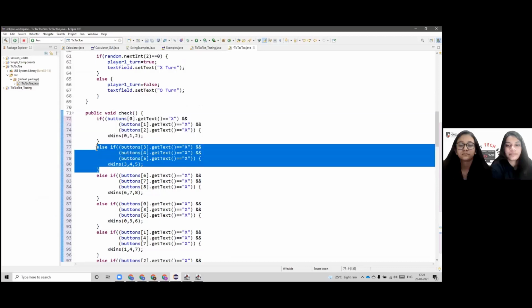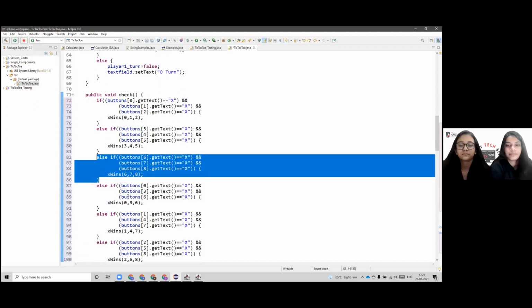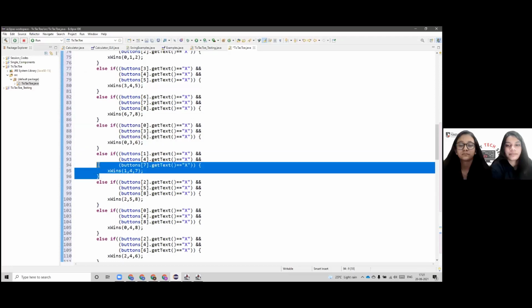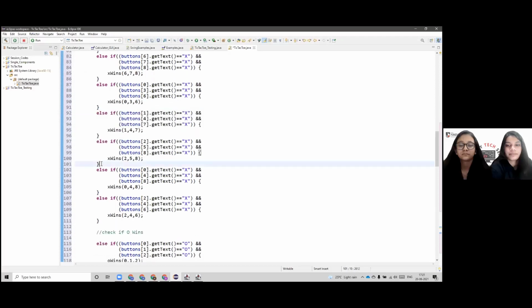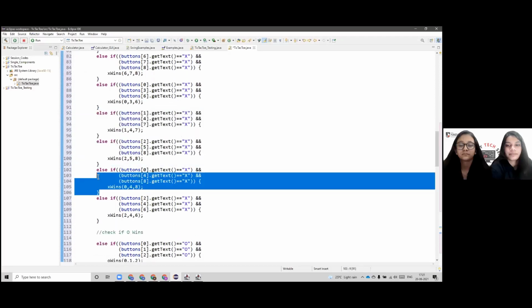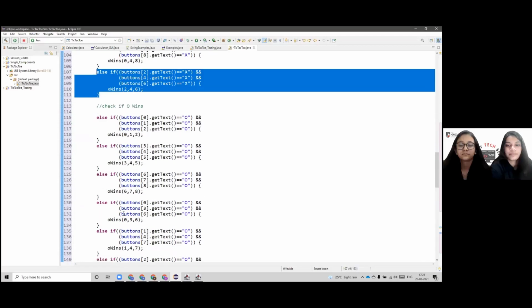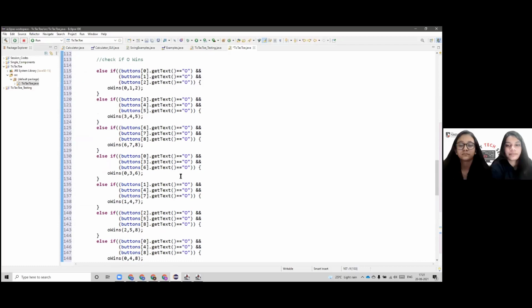In the next step, we will be adding many else ifs to check other winning combinations, that are 3, 4, 5, then 6, 7, 8, and 0, 3, 6, 1, 4, 7, 2, 5, 8, 0, 4, 8, 2, 4, 6. And the same code is for O.